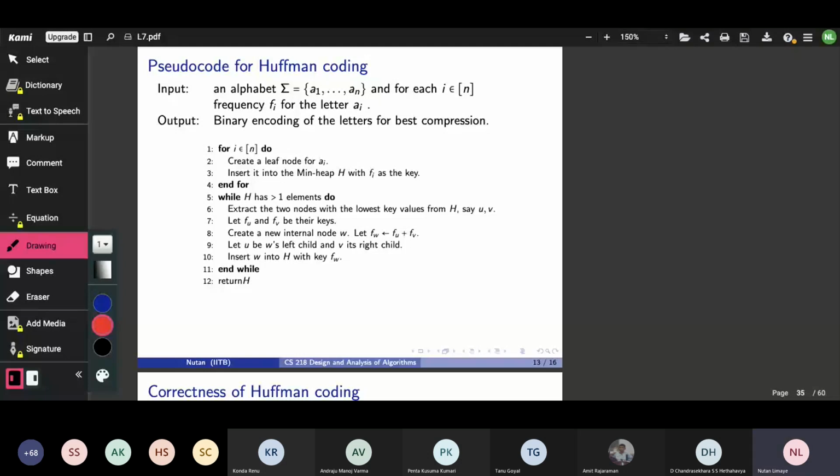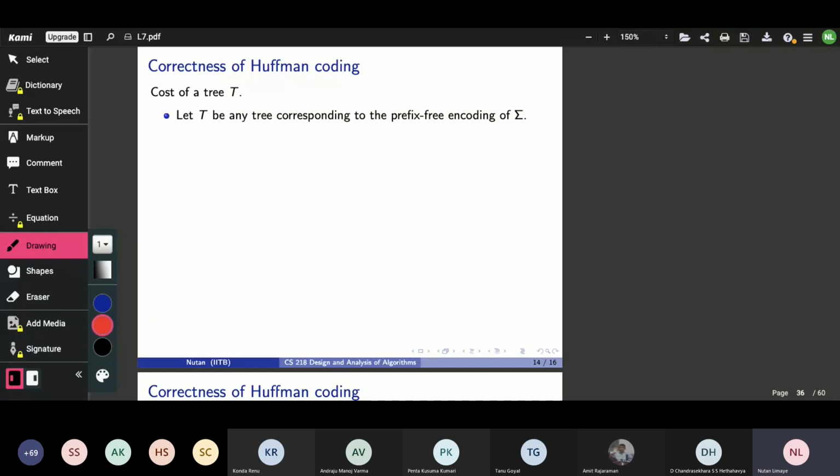And now I want to say that the overall number of bits used to encode the entire file can in fact be computed using the depth of every letter in the alphabet times its frequency, added for every letter in the alphabet. Okay, so that's really how many bits we are spending to encode a certain file. So our notion of optimality will rest on a definition like this, which is only natural to do. So I'll associate a quantity called cost to a tree.